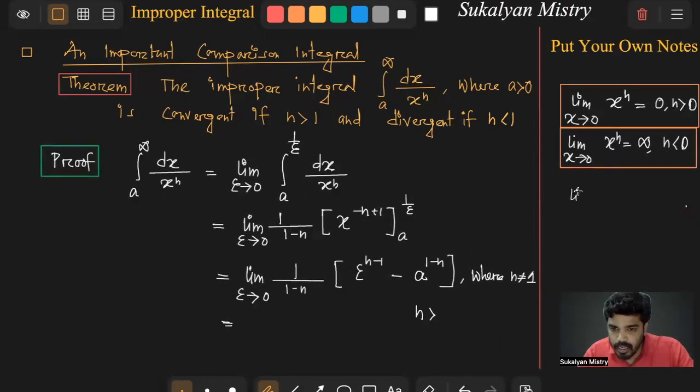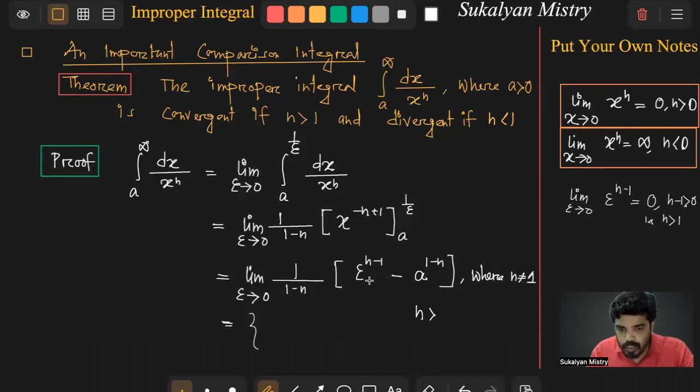Limit epsilon tends to 0 epsilon to the power n minus 1 equals 0 if n minus 1 is greater than 0, that means n greater than 1, getting my point, okay. ঠিক, so what do we get, so this equal to 0